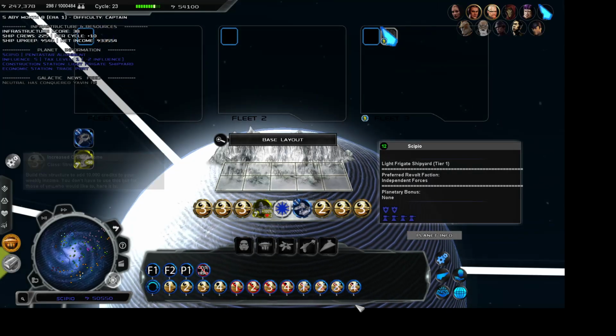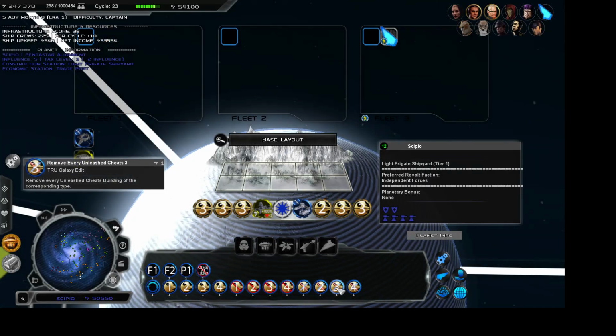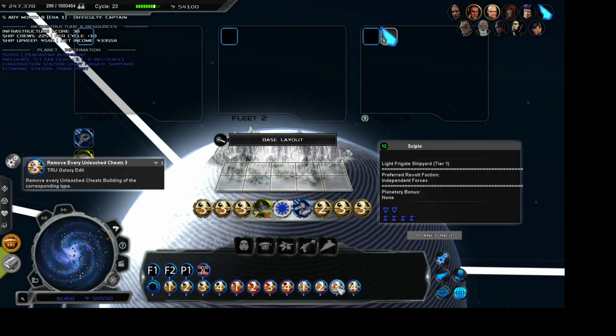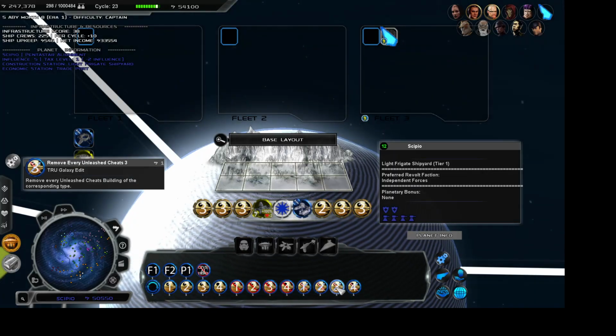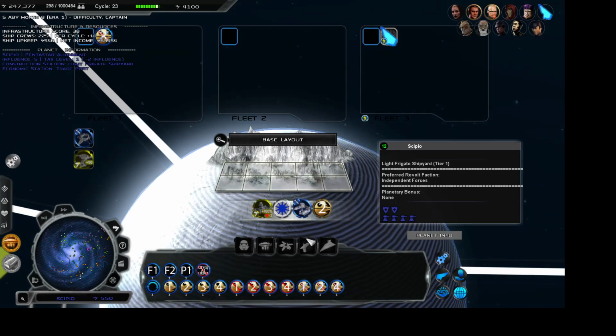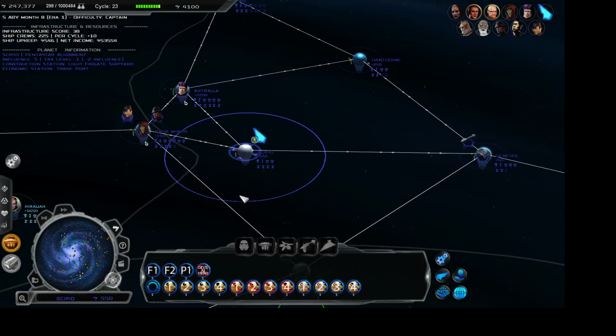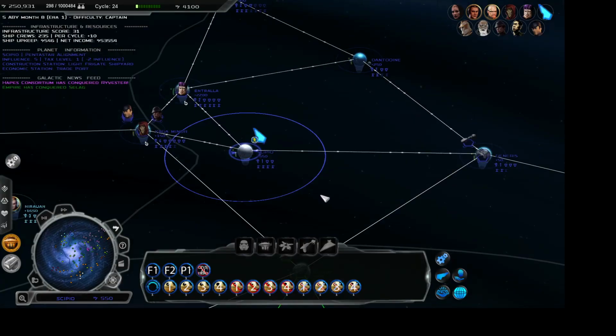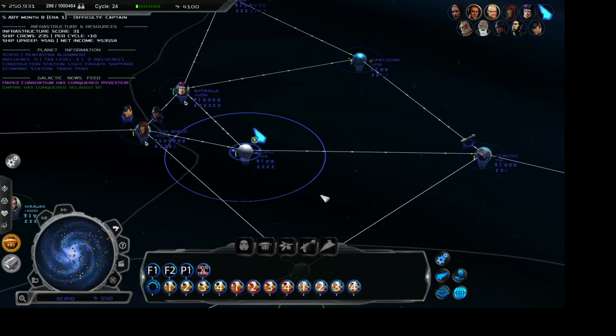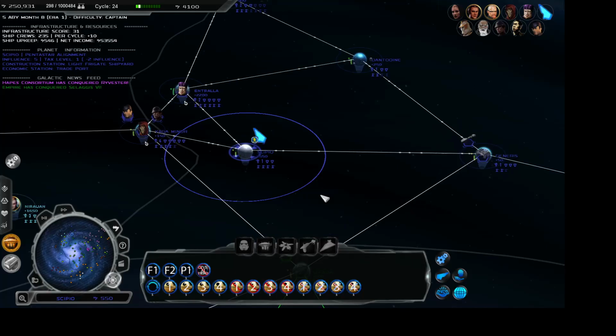the galaxy at once. So right here, for remove every unleashed cheats 3, you click this button and all of these unleashed cheats 3 will disappear. That way, you can have freedom of being able to customize how the AI will play and yourself play using cheats. This Galaxy Edit feature will expand to be larger over time, but